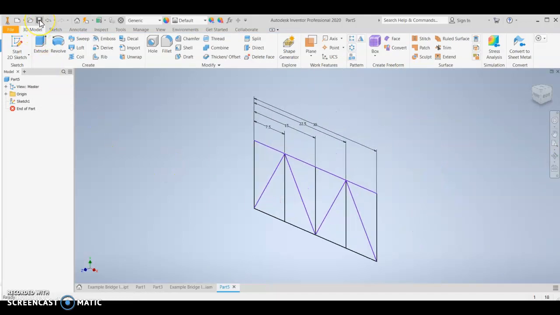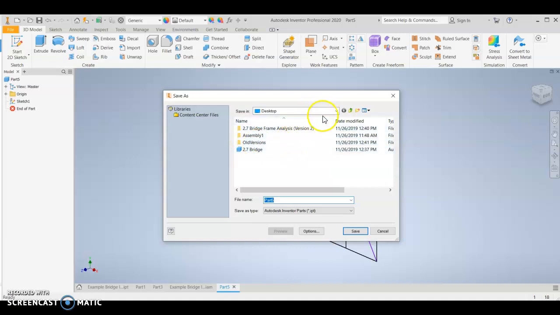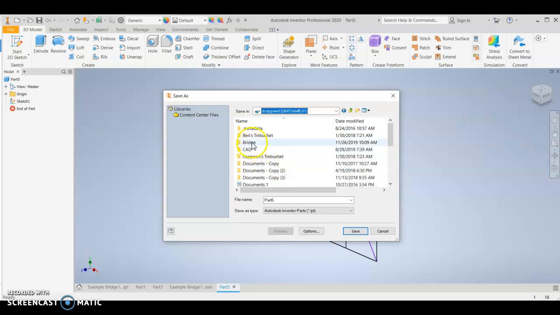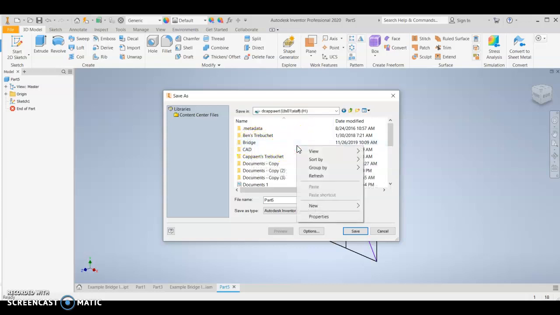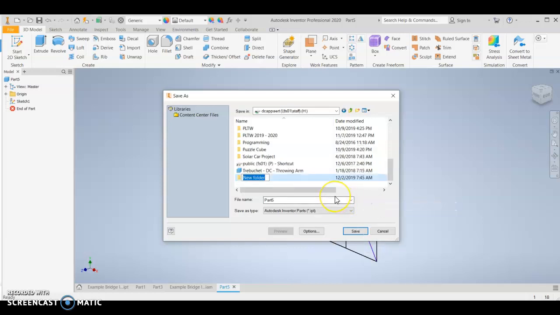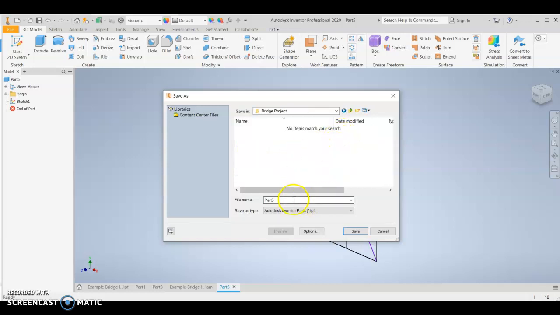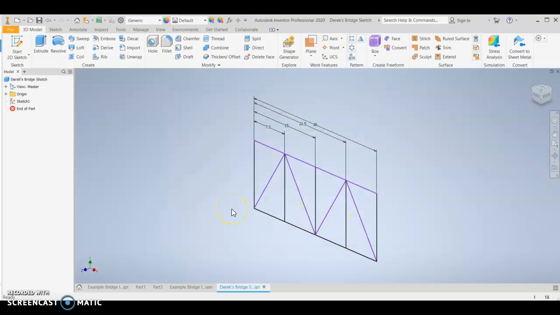And then make sure you save this. Remember, go to your H drive, create a bridge folder, and how you would do that is a right-click, new folder. Click off of it, click within it, and then I want to call this, maybe I'll put my name. Put your name. And hit save. Alright, you're going to use this later for your